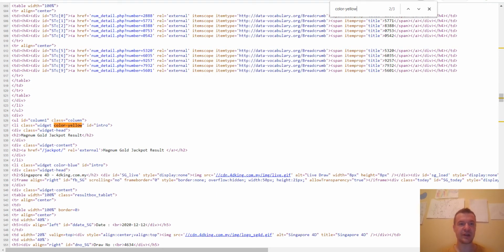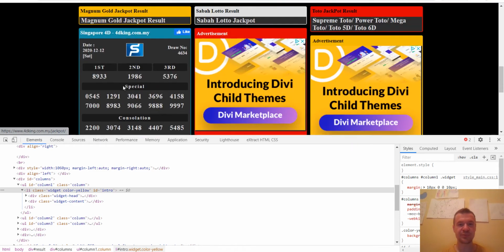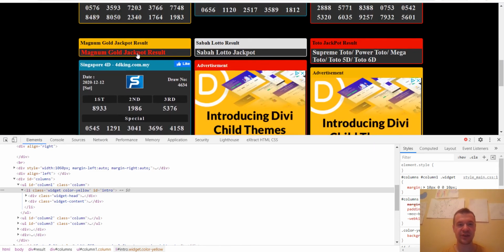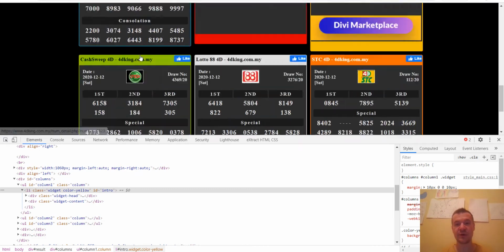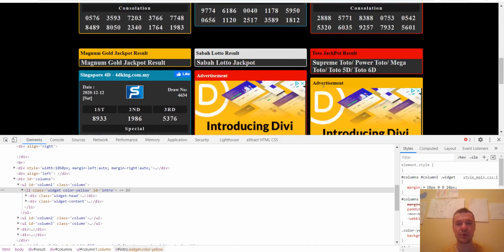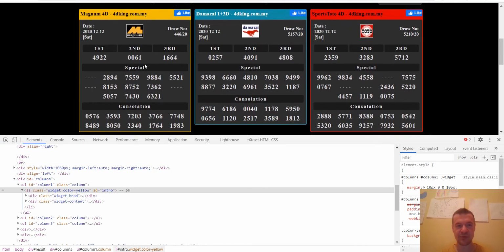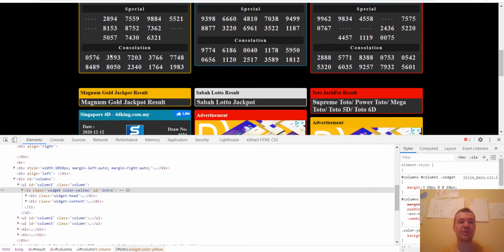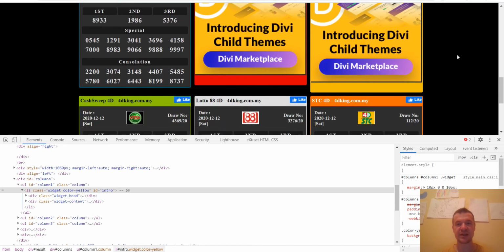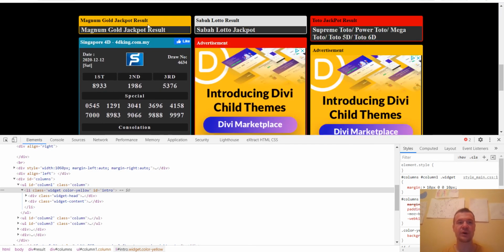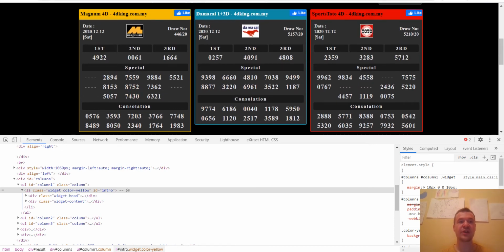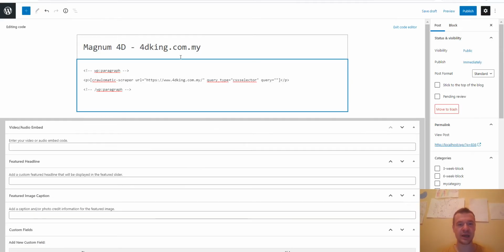So after inspecting our page, we will see that this is the second color yellow. This is very intuitive because we will actually see the table colored like the class name. So this is the first table which is color yellow, this is the second, and this ad is the third one. So with this knowledge in mind, we can go back and write dot color yellow,